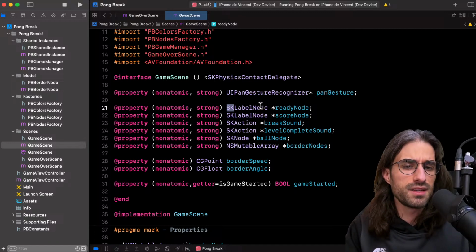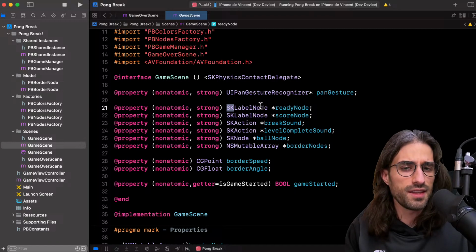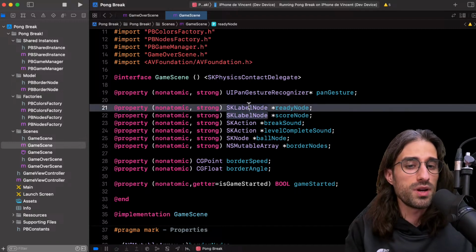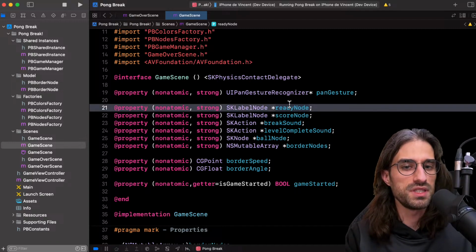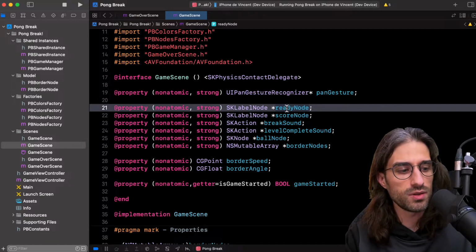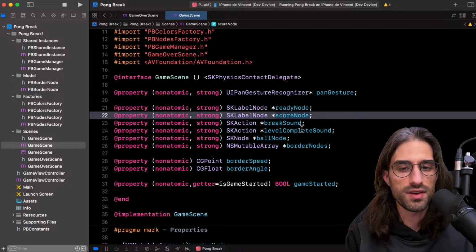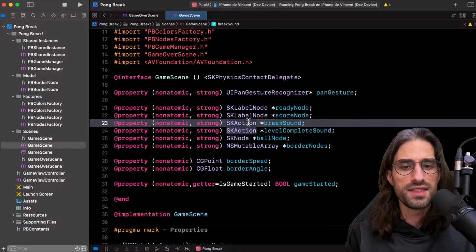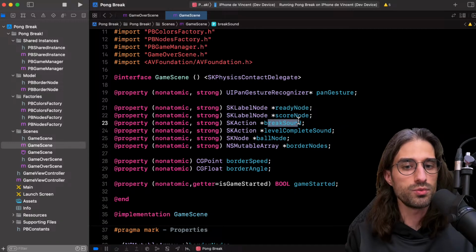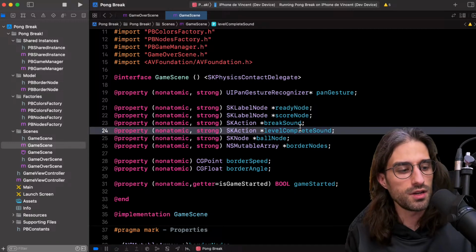It's something that is displayed on the screen and that you can interact with in the game potentially. So a label is just like a UI text view. Ready is what's being displayed at the beginning. So I guess it's the touch the screen to start thing. The score is what we have at the center of the screen. Then an action, to play the sound when you break something and when you complete a level.